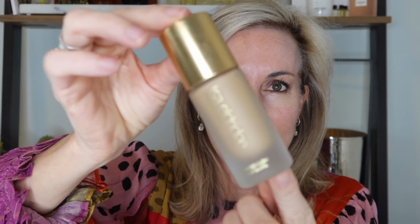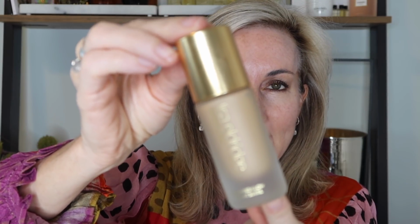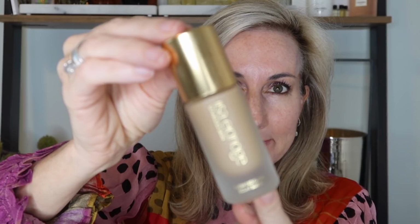Okay guys, I am so excited to share my Lisa Eldridge goodies with you. I'm going to start by just sharing my haul, what I got, and then we will put some of these goodies on my face. First, I picked up one of the Elevated Glow highlighters, and I ended up picking it